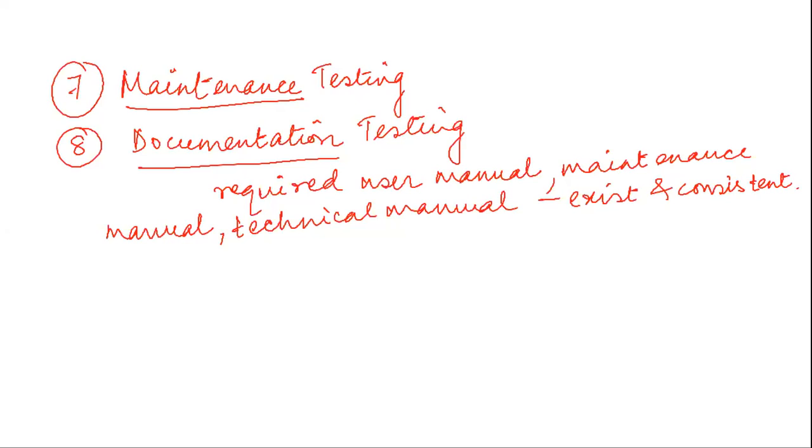If the requirements specify the types of audiences for which a specific manual should be designed, then the manual is checked whether it is complying with my requirement or not. So whatever requirements the user has given, suppose for the user manual this thing should be included, for the maintenance manual this should be included. So all these things which are already described, whether that is maintained or complied with, and also whether it is consistent or not. So these are the things which are tested in documentation testing. And next is usability testing.